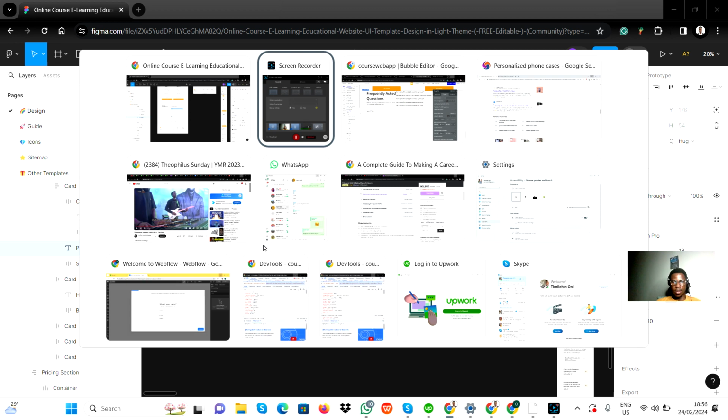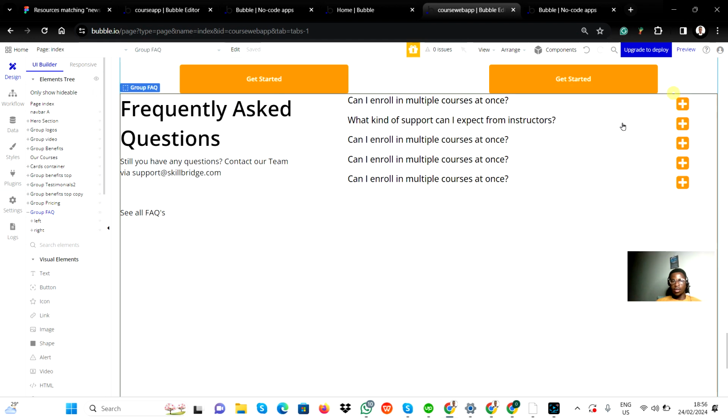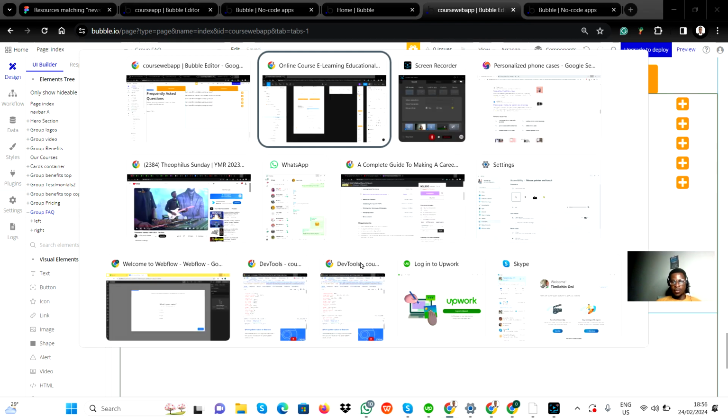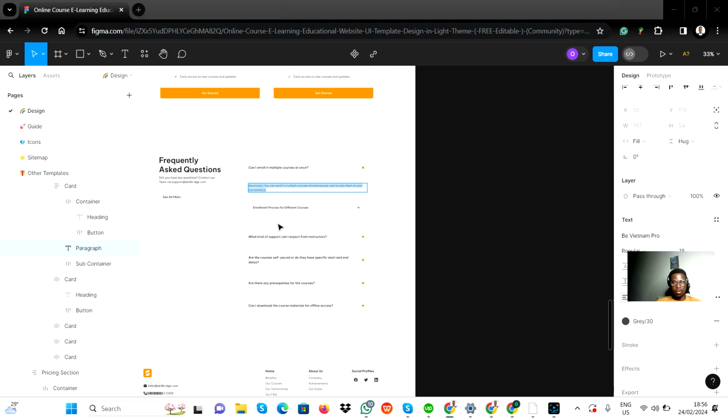For now, I think we should use space between. Space between will be perfect for this. All right, space between. And the next thing we want to do is